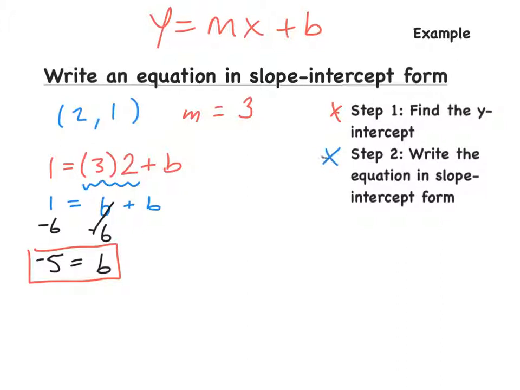Step 2. Write the equation in slope-intercept form. So when we write the equation in slope-intercept form, all that we have to do, we leave y and x by itself. We don't plug in any numbers for it, but all we have to do is plug in the numbers for m, plug in the numbers for b. So when we write this, it's y is equal to